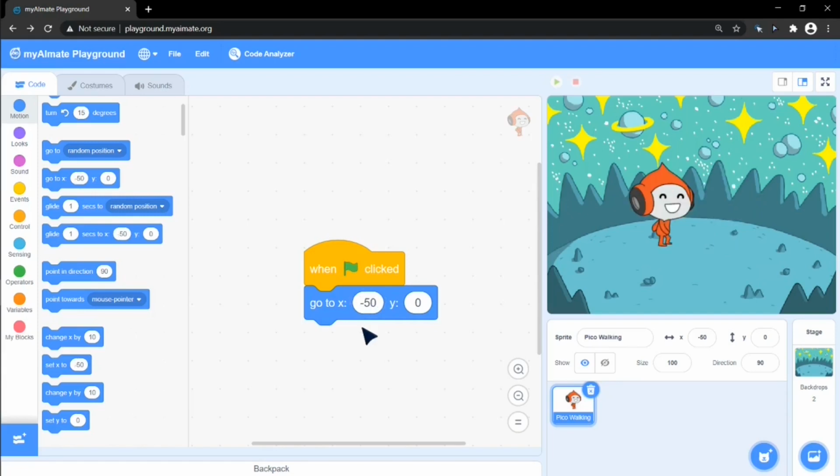As you can see, entering a positive value in the x coordinate moves the sprite forward and entering a negative value moves the sprite backward. Now let's see for the y coordinate.